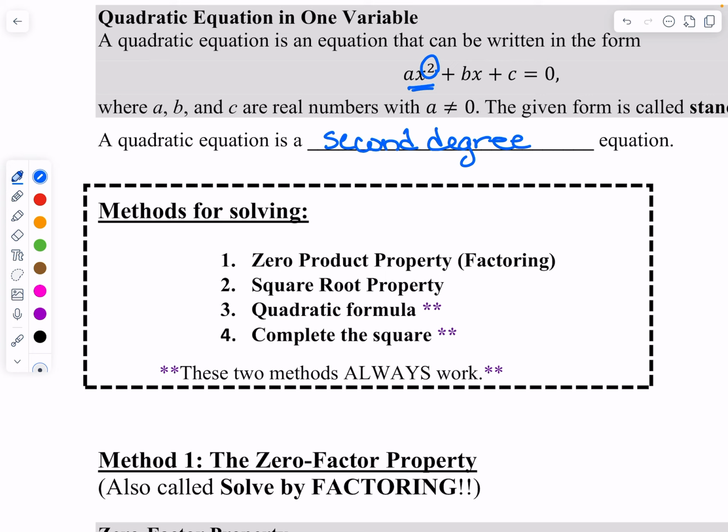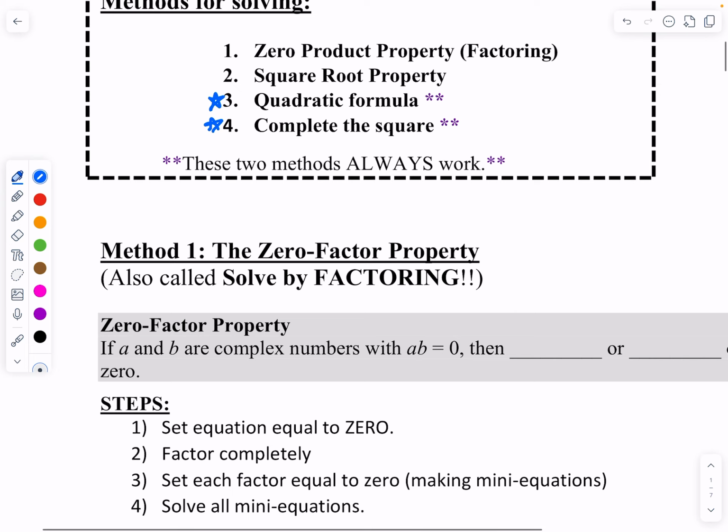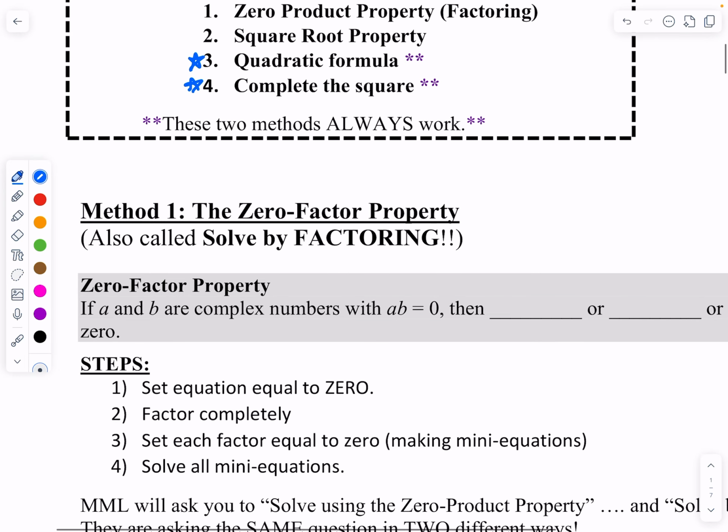So the quadratic formula and completing the square always work. Those last 2 always work. So then why do we do these first 2? Because they're shortcuts, okay? So let's first talk about solving by factoring, also called the zero product property or